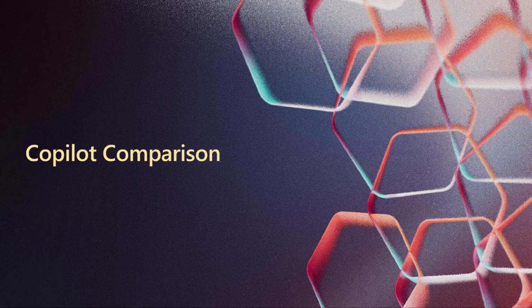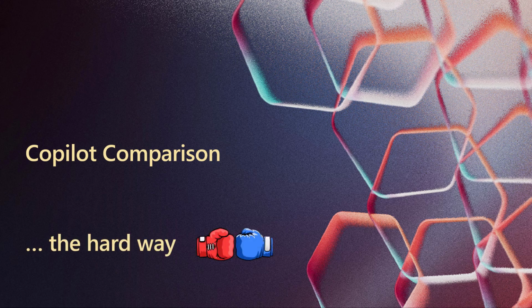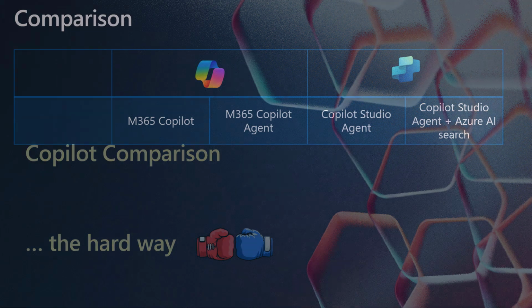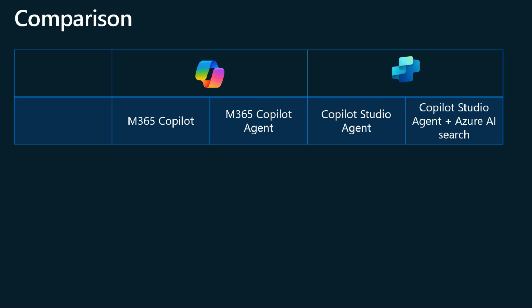Hello, in this short video I want to compare different Copilot configurations, and I call it the hard way because I have some rather complex documents that I want to analyze and ask questions against. So I compare 4 different low-code, no-code Copilots. First the M365, then the one with the agent integration, then Copilot Studio, and then Copilot Studio with an Azure